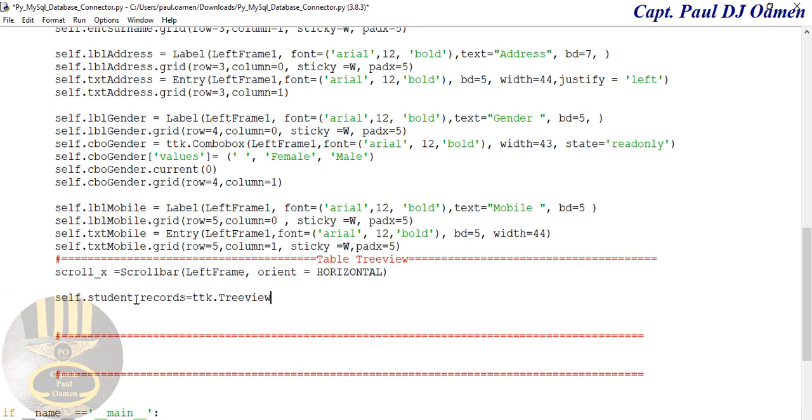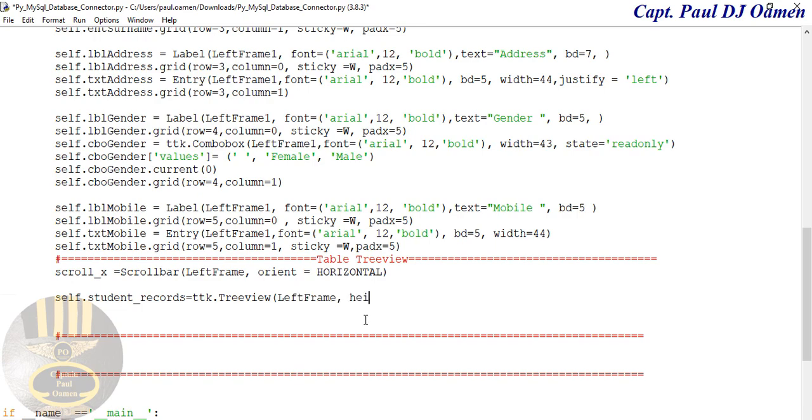Okay, like I said earlier on, because I named it table, but students is not about students, it's about connecting to your database. I will show you guys the database as we go ahead. So let's get it to be resident inside left frame,